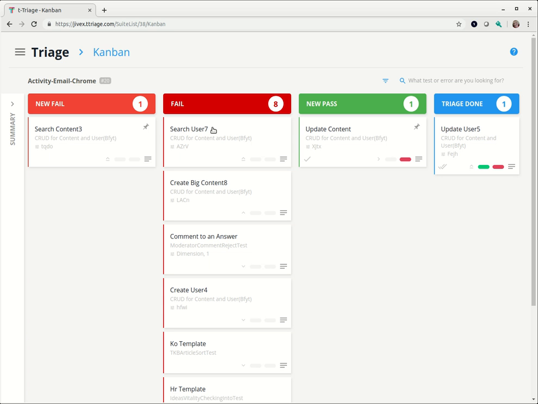In the column Fail are the tests that are failing and we also need to understand why they are failing. The list is sorted by priority, where the first one is more likely to contain a product bug than the second one. The New Pass column shows tests that are now passing, but have constantly failed in the past. Here the related work probably is to resolve a product ticket or perform deeper testing in the area, since a fix was done. Finally, the Triage Done column contains the tests already reviewed automatically by the system or manually